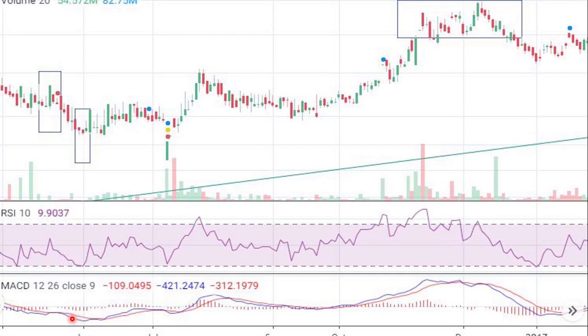When before that, this blue line is, for example, below the red line and crosses and becomes to the upside of the red line, it is a buying signal. It is an ideal buying signal when we have this buying signal in the oversold